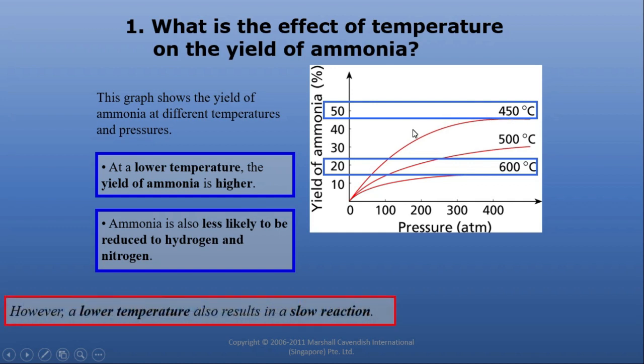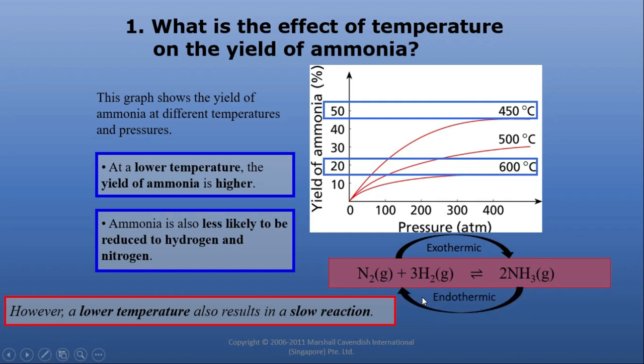What is the reason behind it? The reason is that formation of ammonia is an exothermic process. Formation of ammonia is an exothermic process. It means energy is given out by the system in the form of heat. Exo, exit; therm, heat. So heat is given out by the system, and the decomposition of ammonia is an endothermic process.